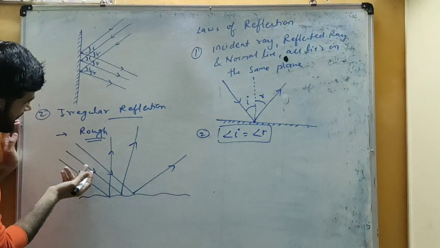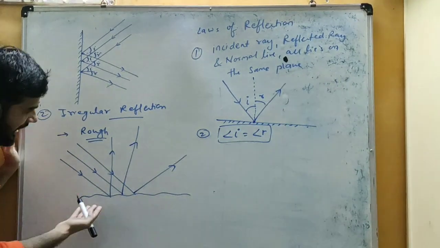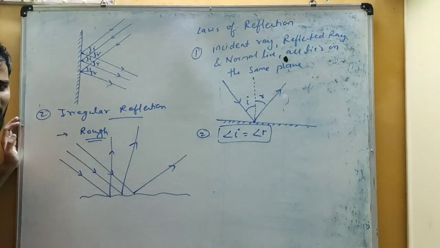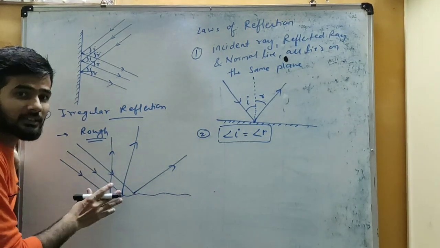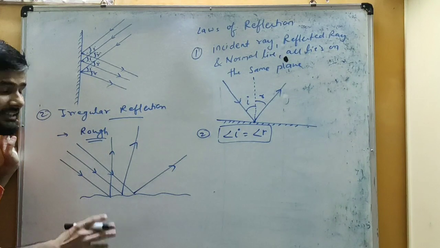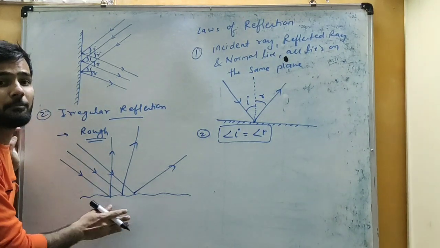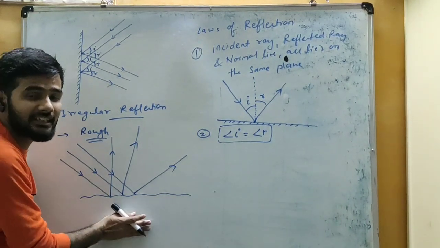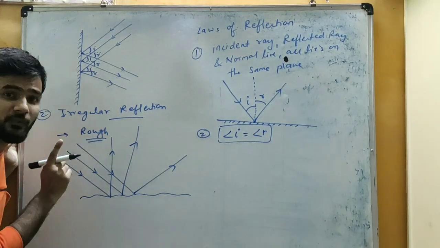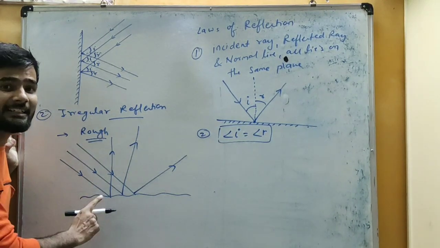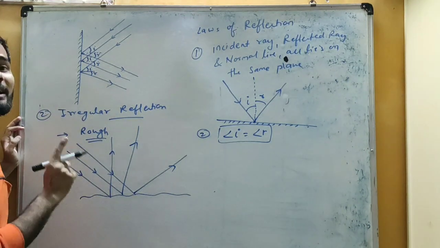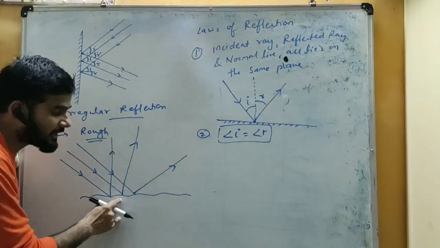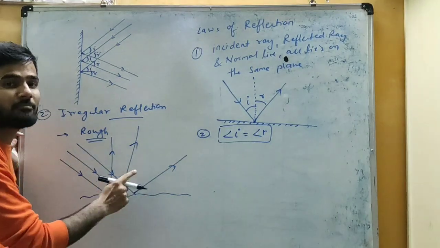But you can say that in case of irregular reflection, here the angle of incidence is not equal to the angle of reflection, but here it follows the same laws of reflection, but the thing is the angles are different because of the irregularities in the surface. Otherwise, if the surface would be regular, these light rays will make the same angles, that is the angle of incidence will always be equal to the angle of reflection, but just because of the irregularities on the surface, the light rays are making different